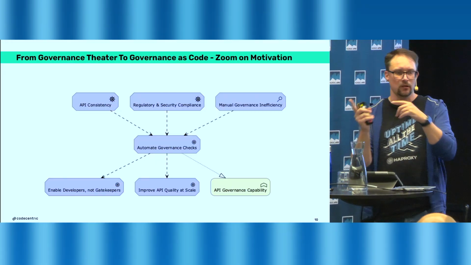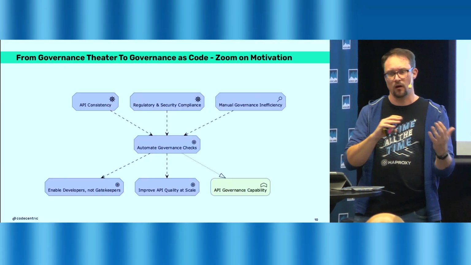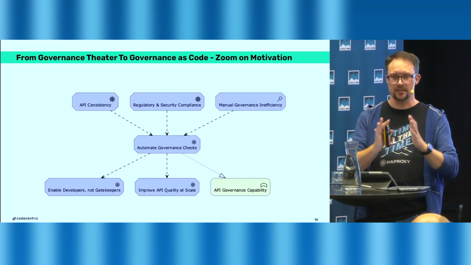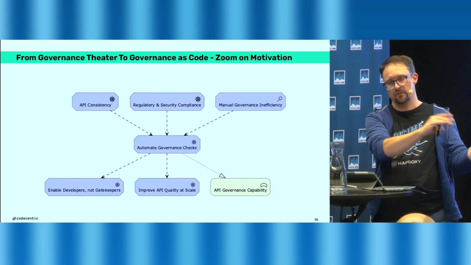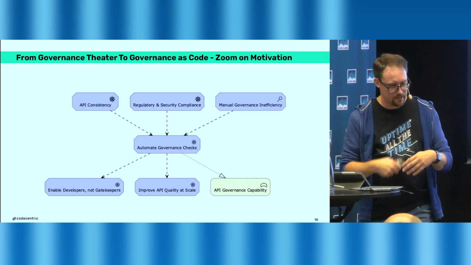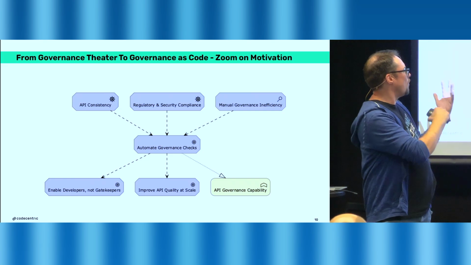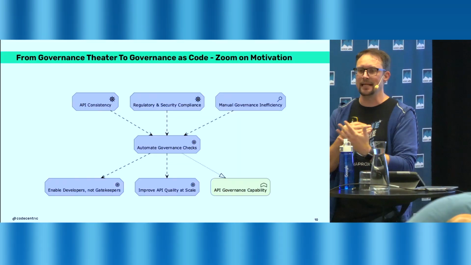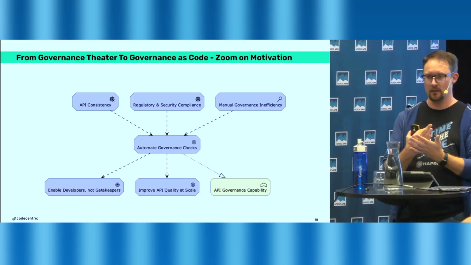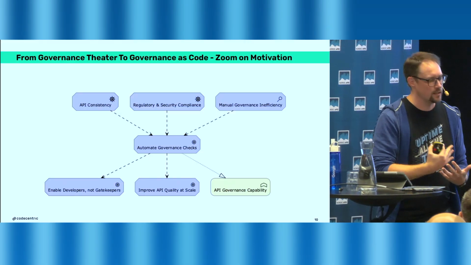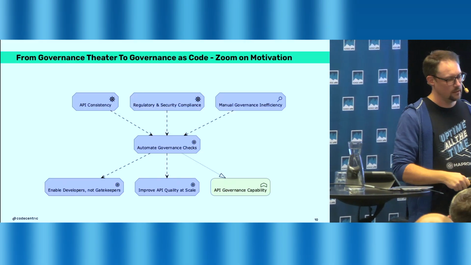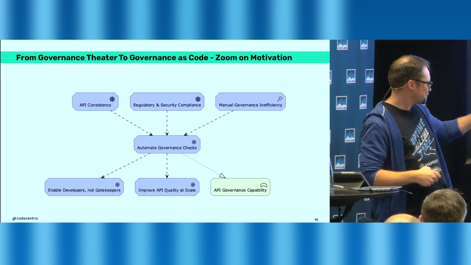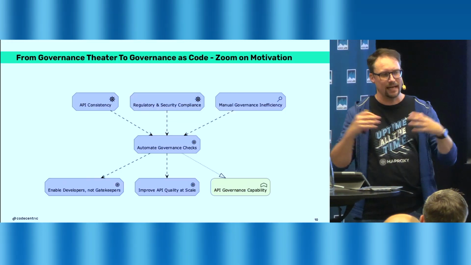When people are dealing with OpenAPI specifications or others, there are always these gatekeepers saying, yeah, we have these guidelines, you can't do this. Blocked, thrown away. But having some kind of more developer-related stuff with Typespec, we can really enable the developers there, because they're doing the stuff they already actually know. And this leads actually to the goal of improving the API quality at scale.